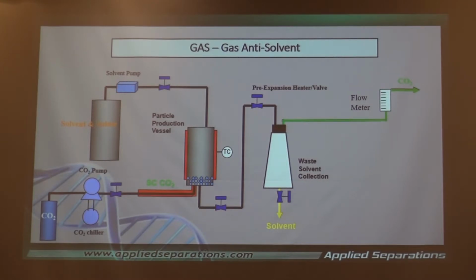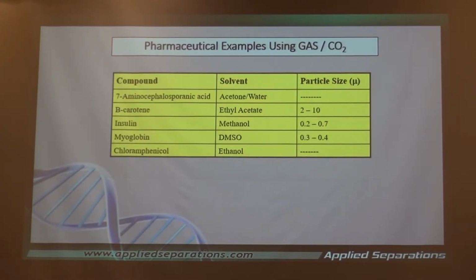Now, here are some examples of some of the things that have been made in this fashion as well, pharmaceutical compounds. And these are all in the literature. It is learning the technique itself, having the patience to go ahead and follow through what you're doing, but then having the piece of equipment that you have that allows you to go ahead and control these parameters.